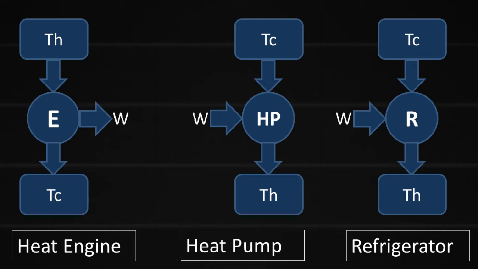A heat pump is a power absorbing device which absorbs mechanical power and transfers heat from low temperature to high temperature. A refrigerator is also a power absorbing device which transfers heat from the low temperature evaporator to the high temperature condenser which is outside. The important difference between a heat pump and a refrigerator is that in a heat pump the output is at the condenser, and in a refrigerator the output is at the evaporator, where we get heat removed from the space. Both these things require external energy to do that.